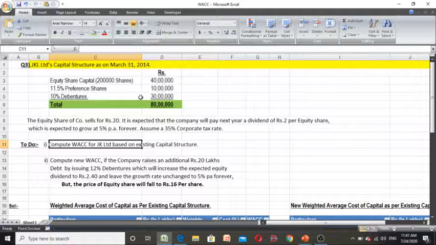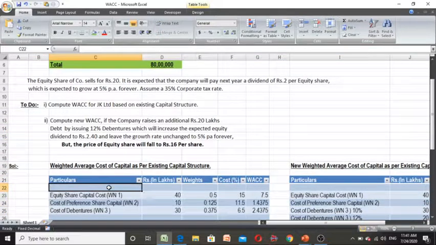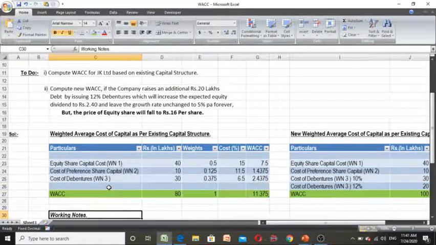Okay, and after doing this, we have to solve the second part of the question and find the WACC for the new capital structure as per these changes. Right? So let's solve this sum step by step now. So the very first step, we will give the heading weighted average cost of capital as per the existing capital